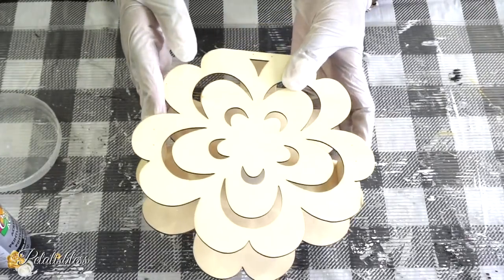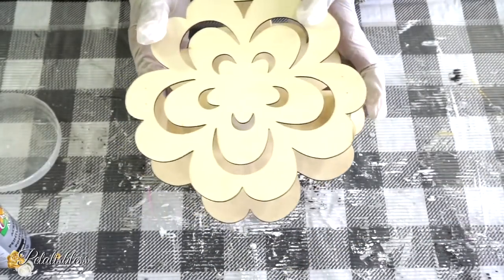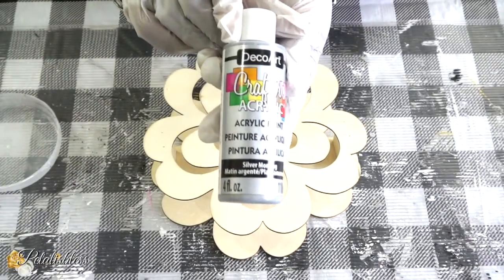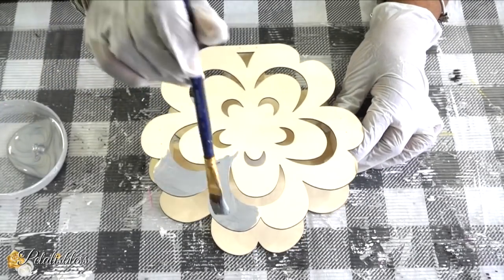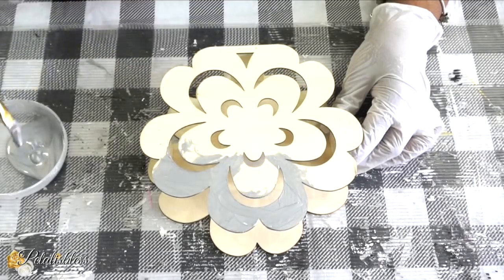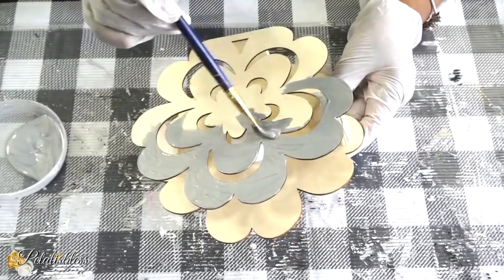Alright everyone, we're going to start by painting this wooden, it's like a flower. We're going to be painting it with some silver acrylic paint. Okay, we're just going to paint everywhere and on the inside too, because it shows. And I'll be giving it one coat and let it dry, and then I'll be adding a second coat after